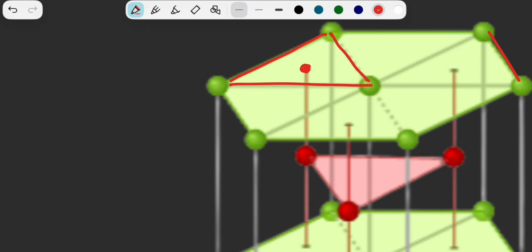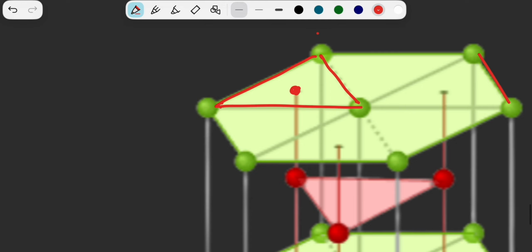This atom is going to be directly in the center, which I've talked about, right? It's going to be directly in the center of this specific equilateral. So if you're to move from this corner, let me label these atoms. Let's say this is A, this is B, and this is C. So if you're to move from B towards the center of your equilateral,